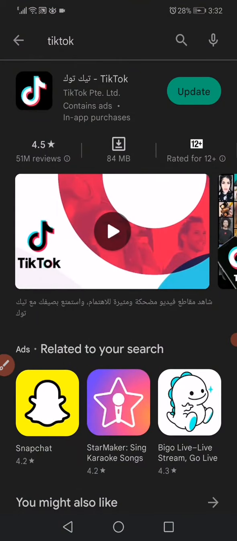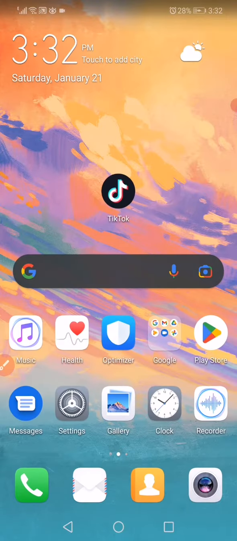Play Store, search for TikTok and update it. After you update your TikTok, now you have to turn off your phone and turn it on again, and that's